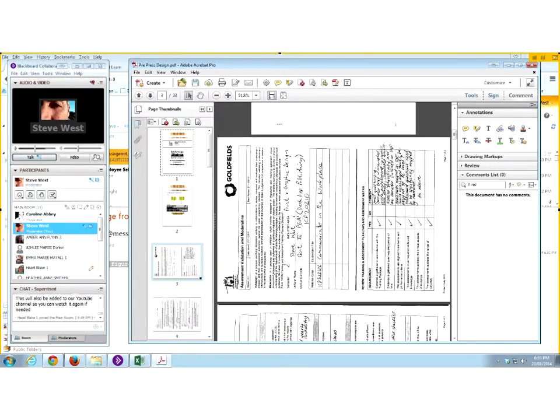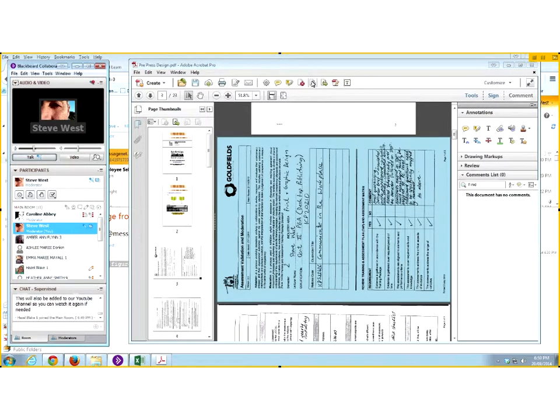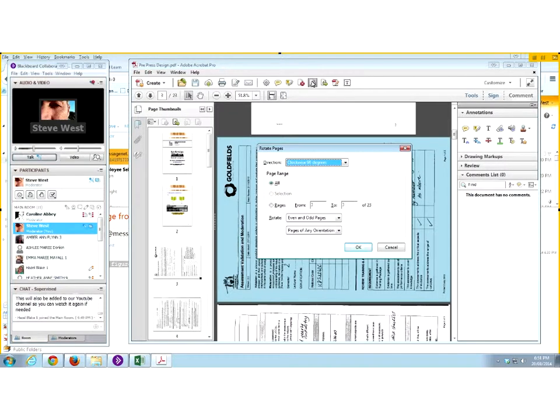Okay, and as you can see, we have a slight problem with these 2 pages. They can be rotated or need to be rotated. What I'm going to do is rotate these pages. So I'll click on my little rotate button, and I do believe that it needs to go clockwise 90 degrees, and I need to do pages 3 and 4 because they were both turned on this side. So I'll do that,